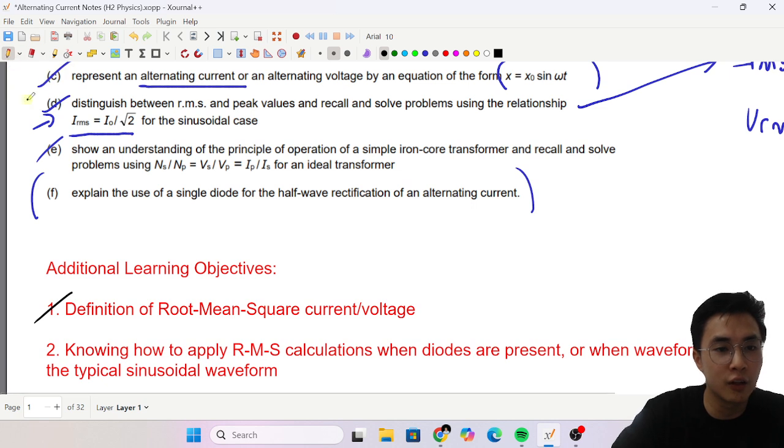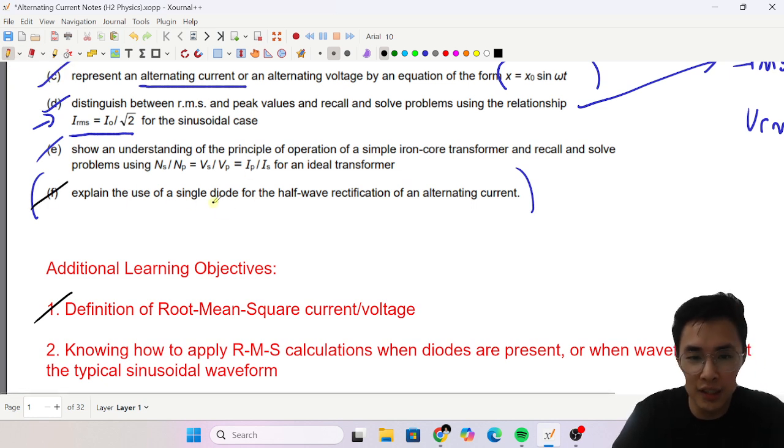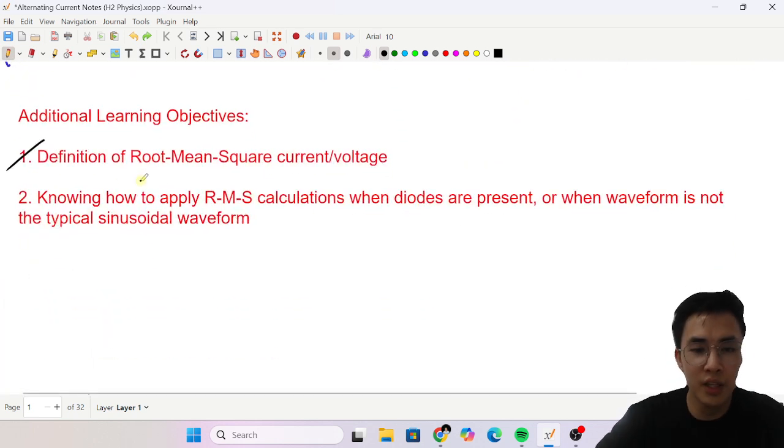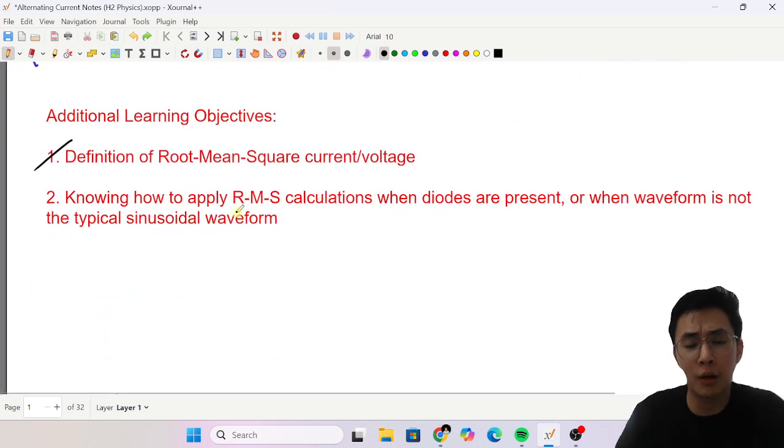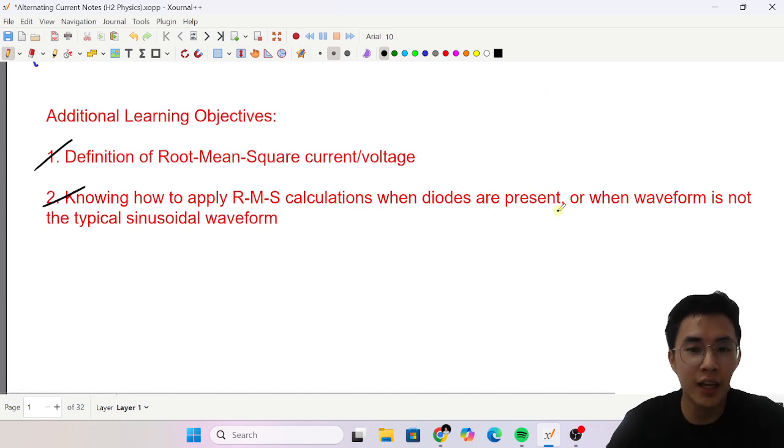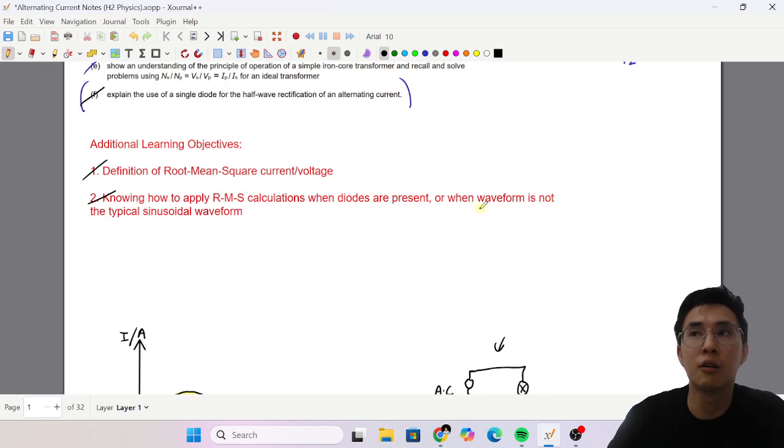Here, we can strike off the following. Explain the use of a single diode for half-wave rectification. Done. Okay, now here, look. We have learned how to apply RMS calculations also for when diodes are present. So done with this. Okay, and in the earlier video, I also showed what if they give you other